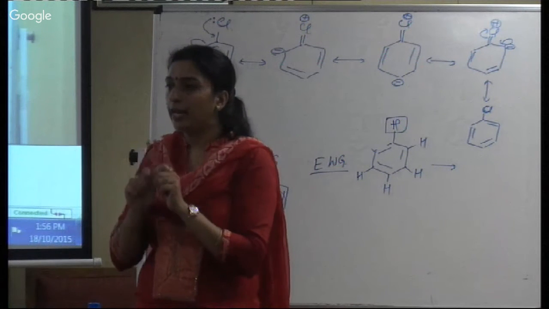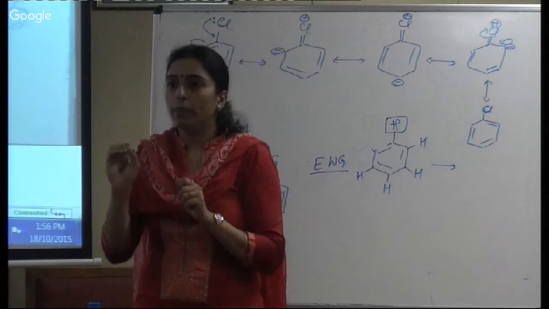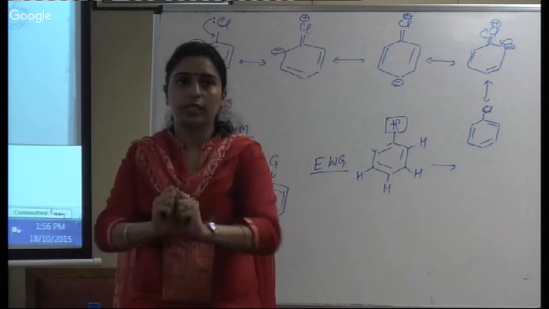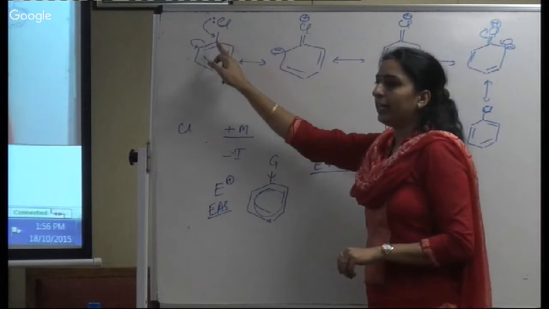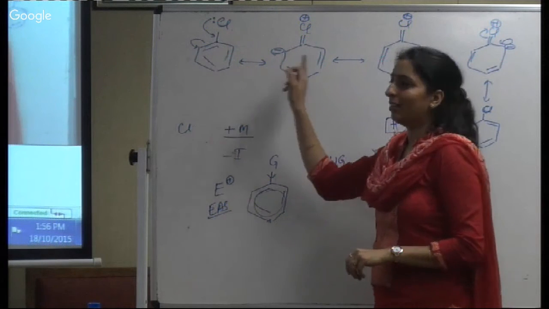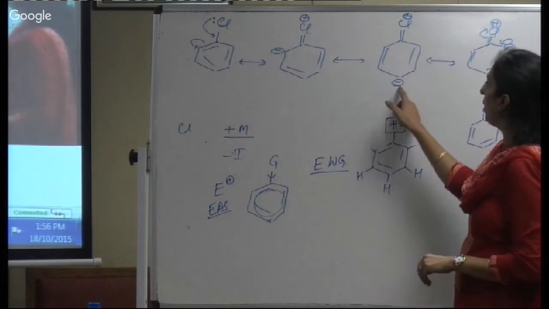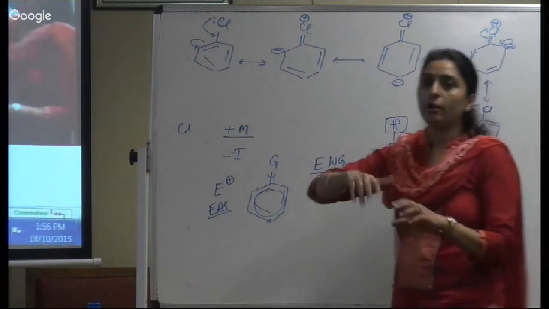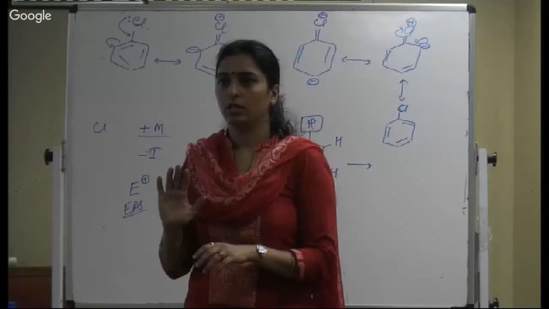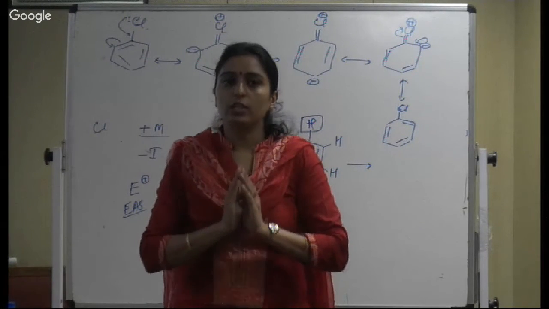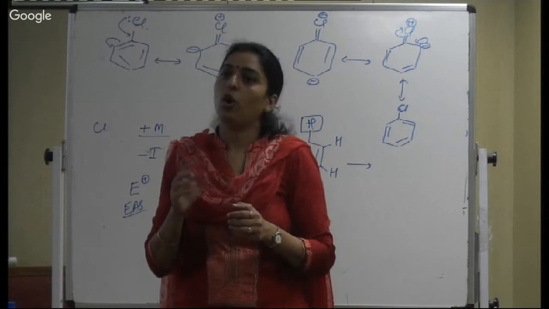Any group will show its effect at ortho and para, whether it is withdrawing effect or donating effect. Chlorine, for example, is donating electrons to the ring, and you can observe that the electrons are mainly residing at ortho and para positions. So if it is donating, it donates at ortho and para, and if it is withdrawing, it is also withdrawing from